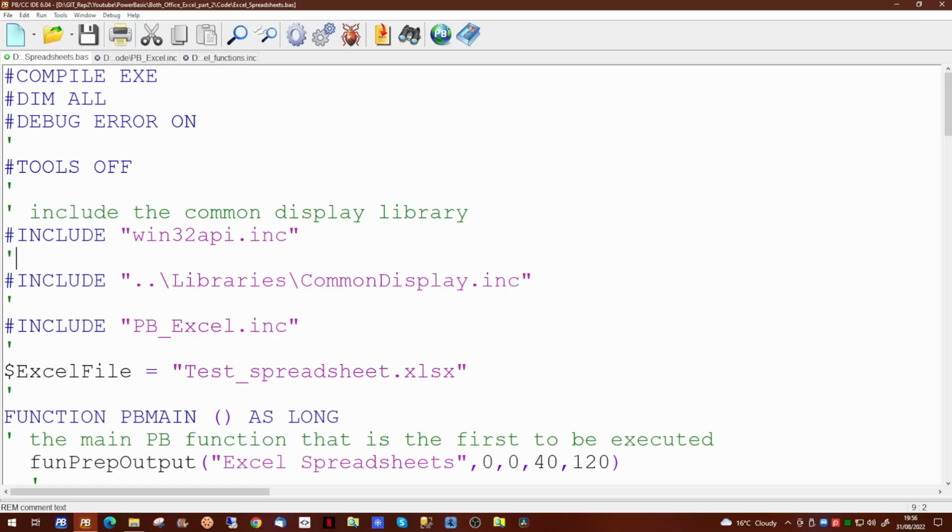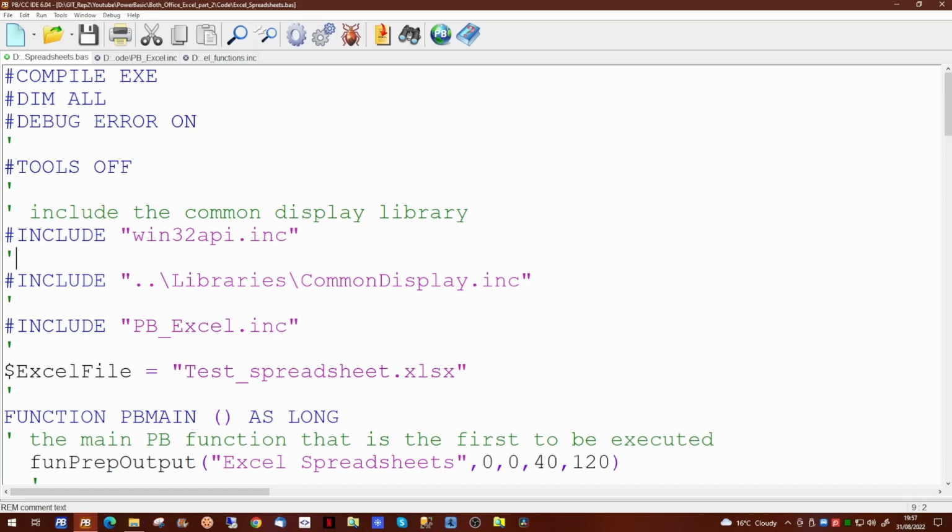Those of you who downloaded the files from the website will have noticed I did not include the pbxl.include file. This is because it's generated by the COM browser, which is entirely dependent on the version of Excel you have on your machine. Therefore, if you have an older version of Excel, the include file that I generated may not be of use to you. So if you watch the previous video, you'll see how we used the COM browser to generate this file. Once you have generated that file, you can, as I did here, make the minor changes needed to make sure there's no conflict between it and the Windows 32 API include file.